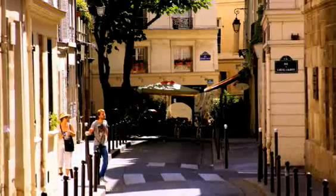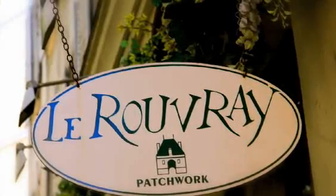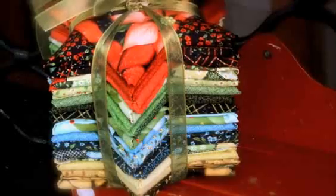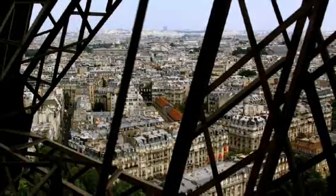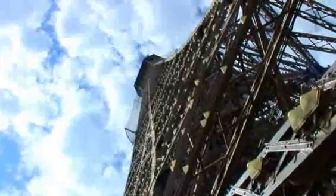Now, there's not many quilt shops in Paris. Le Rouvray is one that's right in the centre of Paris. However, it was August, and in August is the annual holidays, and a lot of the shops were closed, and Le Rouvray was one. So we ended up just going to the Eiffel Tower, as you have to when you're in France, and we had to wait 4 hours to get up there. But it was a wonderful